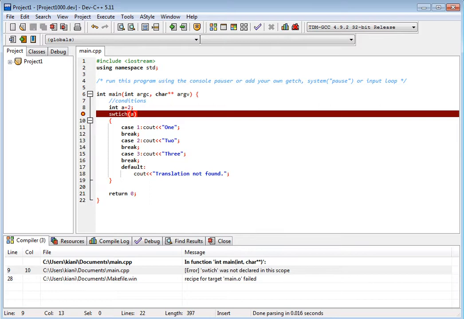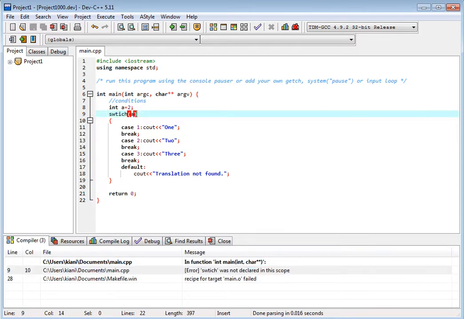So it is saying integer main, switch was not declared in this code. Okay, switch, this is switch.